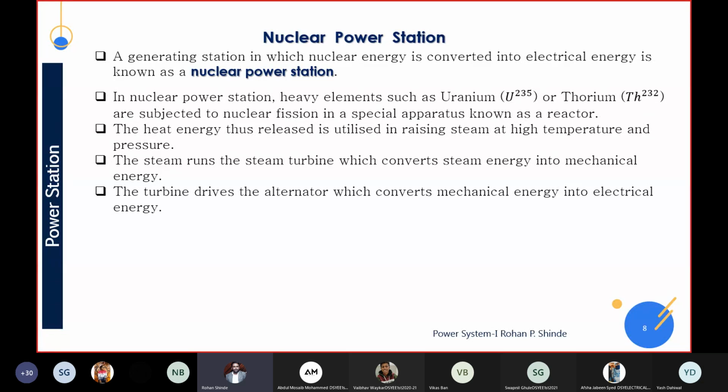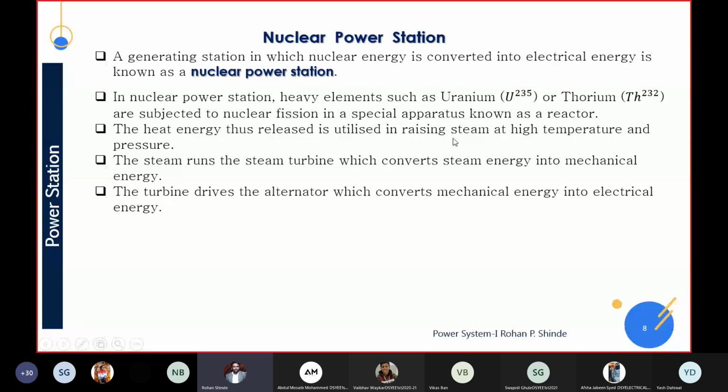This nuclear fission will happen to a heavy element such as uranium or thorium. Either we have to use uranium or thorium, right? And these heavy elements are subjected to nuclear fission in a reactor. The heat energy thus released is utilized to raise steam at high temperature and pressure. That means, see here,